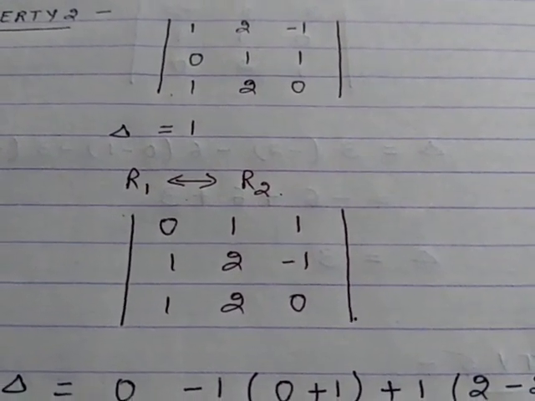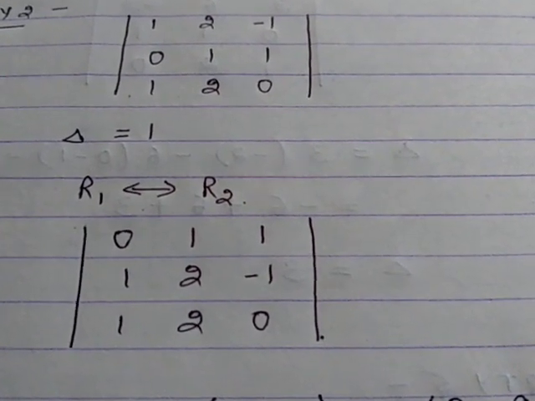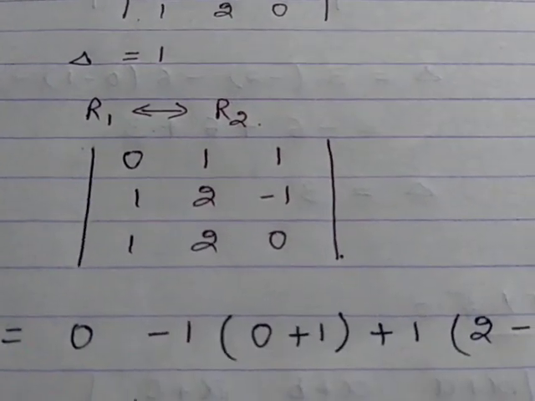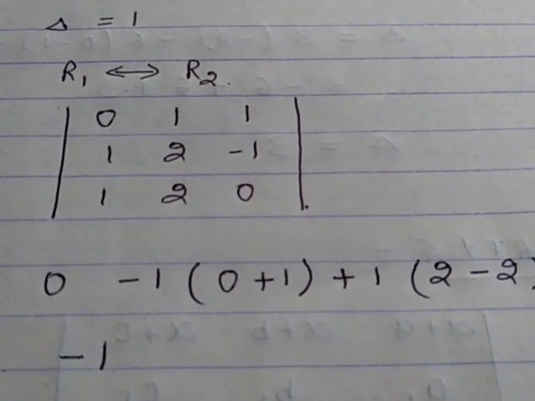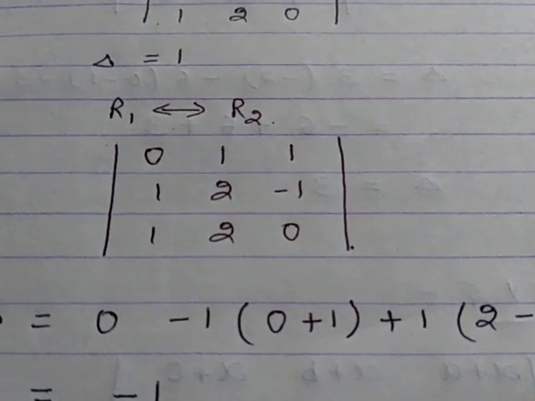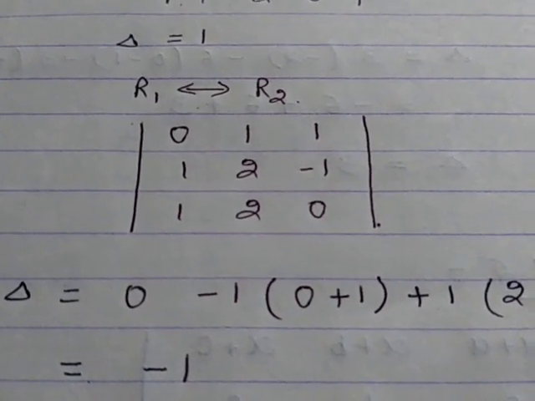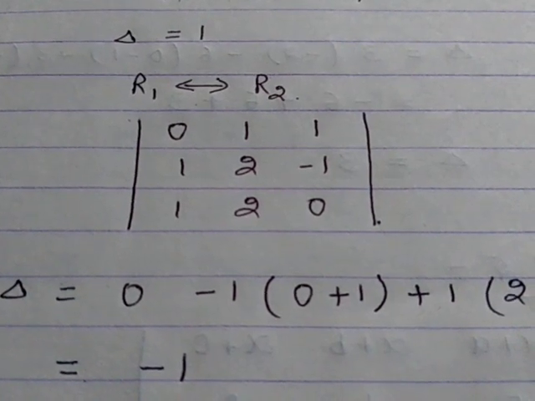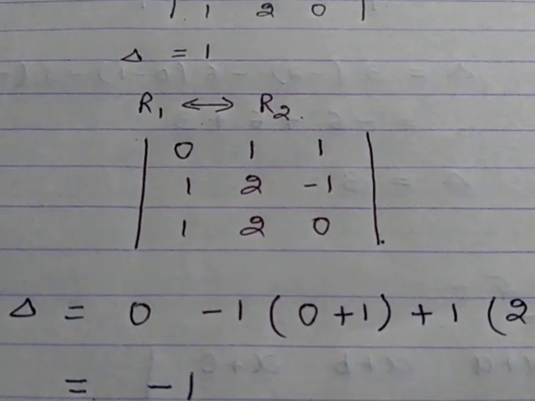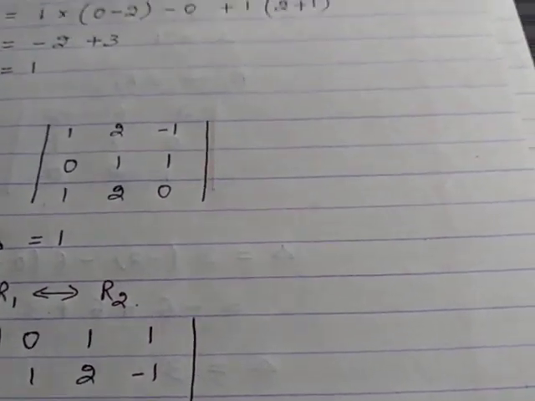Then come to property number 3, which is on page 112. It states that if any two rows or columns of a determinant are identical, identical means all corresponding elements are the same, then the value of the determinant is 0. Now again, the example is, you can see